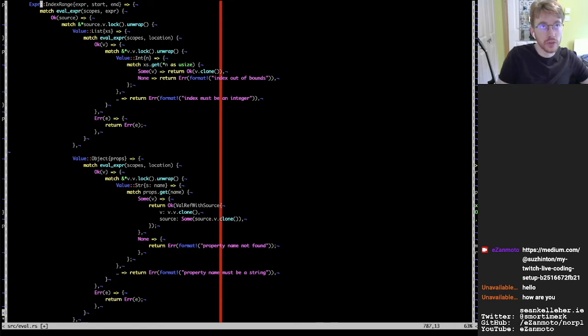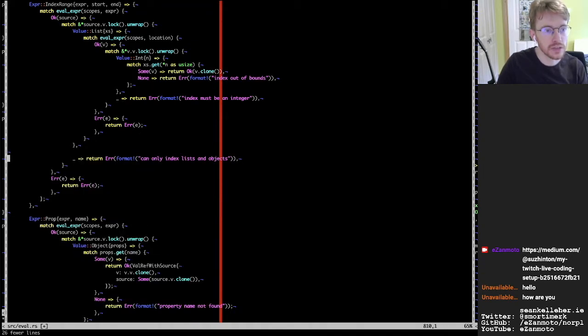In future, if I could figure out the exact list semantics that I want, or the list string representation, then I would allow it on strings too. Can only index range lists, I thought. That'll be the verb. So with that done,